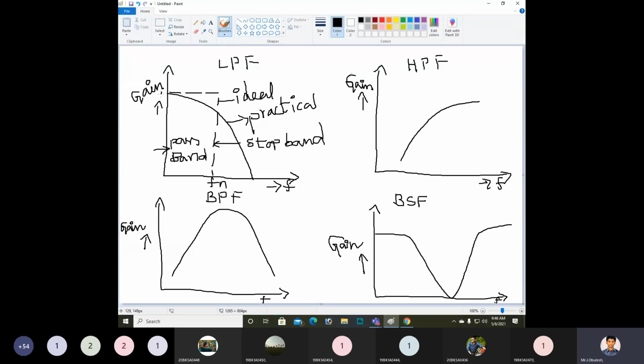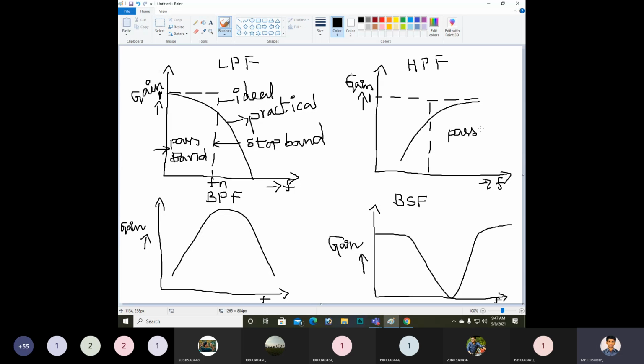Okay, so this is the gain 1. If the gain is unity for the ideal case, we need to call this the ideal case only. So here we are drawing this frequency response based on unity gain only. So this is the pass band for high pass filter. These are the frequency responses for low pass, high pass, band pass and band rejected filters.